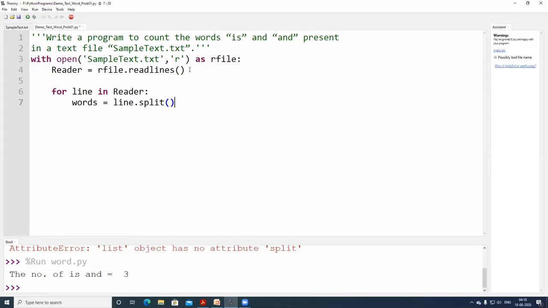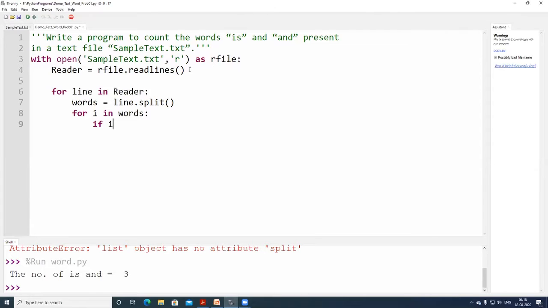Now you will be having, in one line, a collection of words.